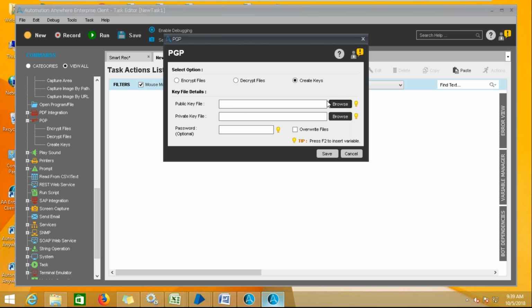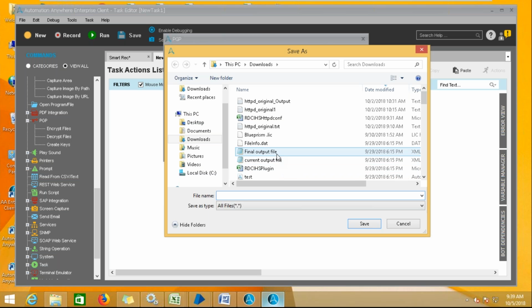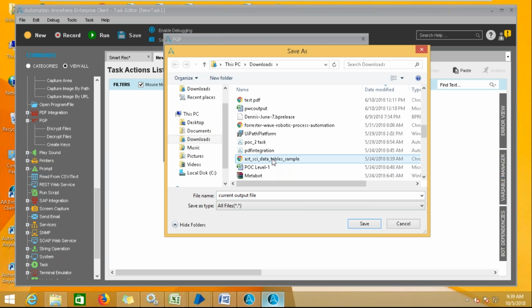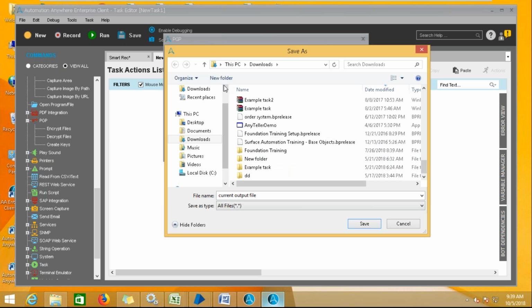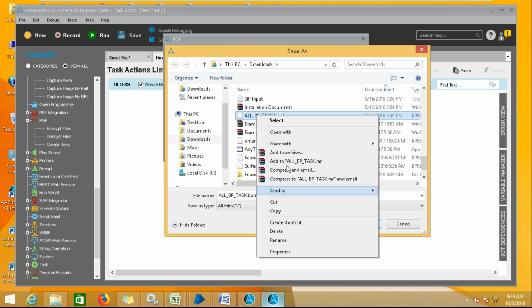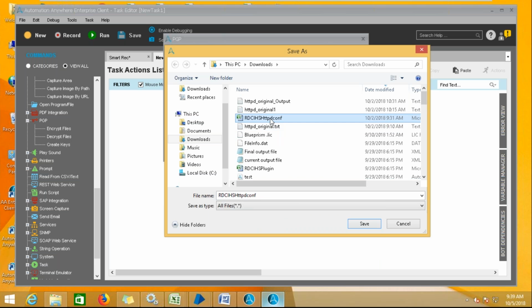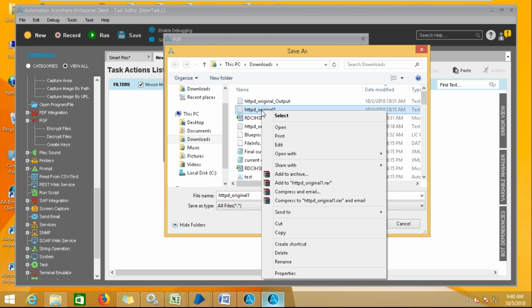So do we have this key file? Okay. Here, I just want to select one particular task. There must be an option to create new.